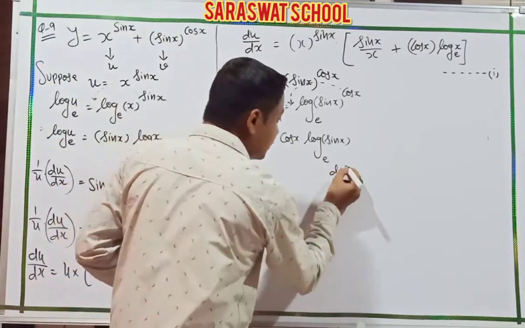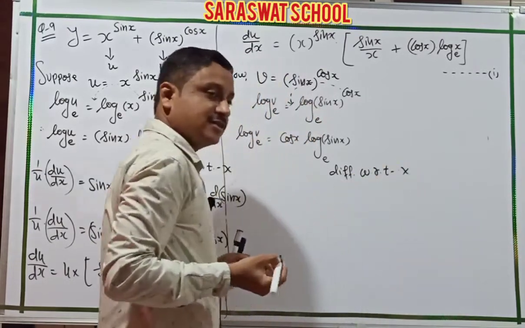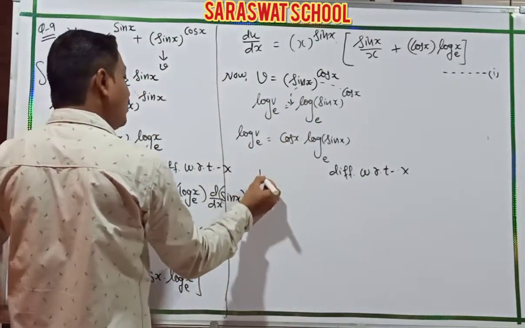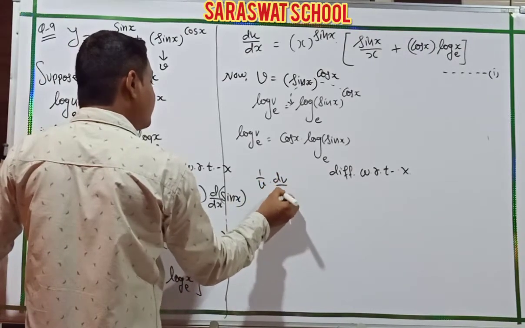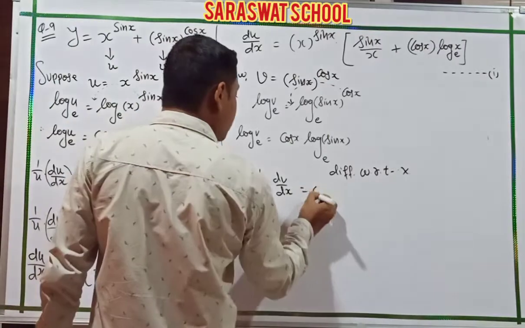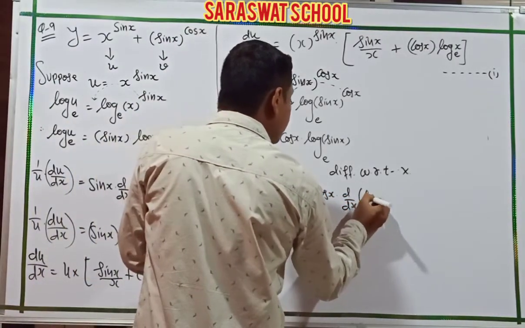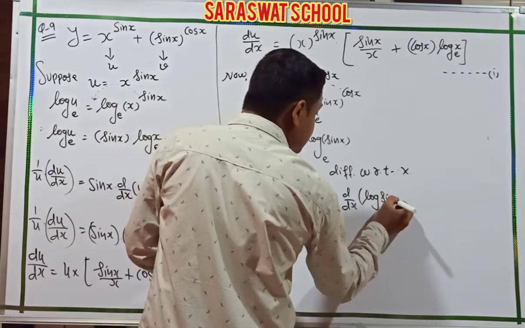So differentiation with respect to x. So what you get? Log v derivative 1 by v, v derivative dv by dx, and here apply first, second function derivative, log of sin x